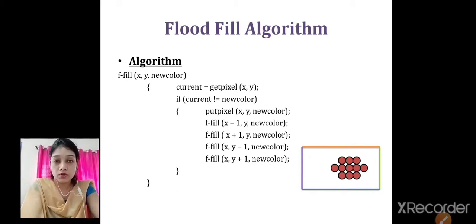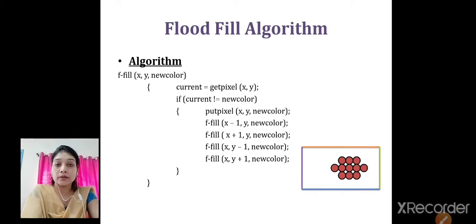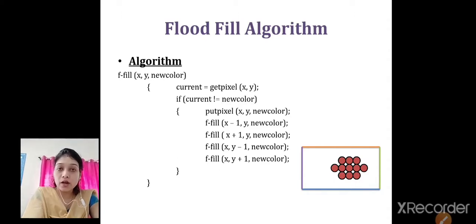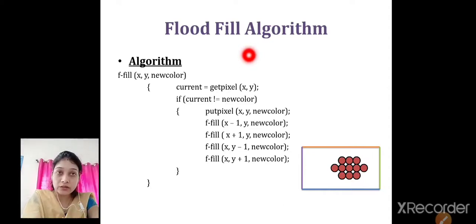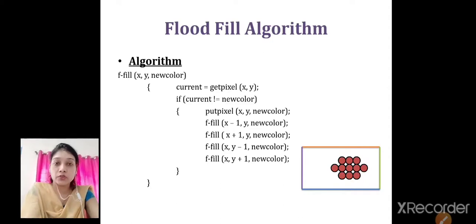So to remove such a drawback, what we can do is not compare that color with the boundary, but instead of comparing with the boundary we are going to directly check that color with the new color, or you can say the previous color of that polygon. So in this way we are going to check that with the new color, or here we can check with the old color of that polygon. That condition we can also have over here for checking the color of that pixel. So in this way we are going to fill our polygon.